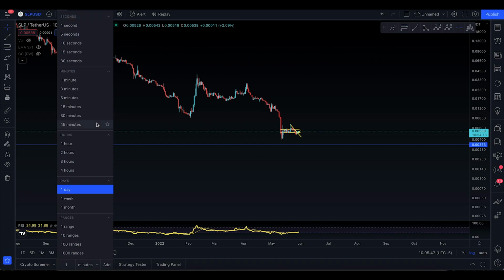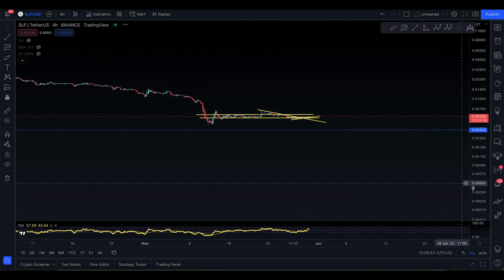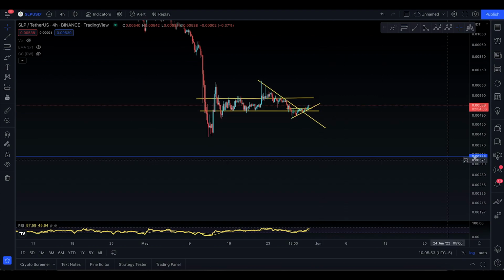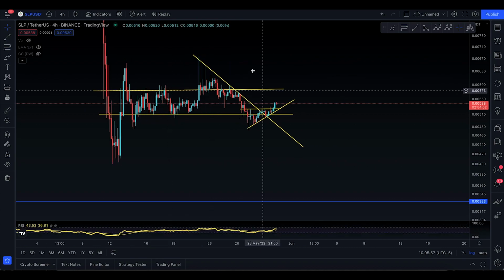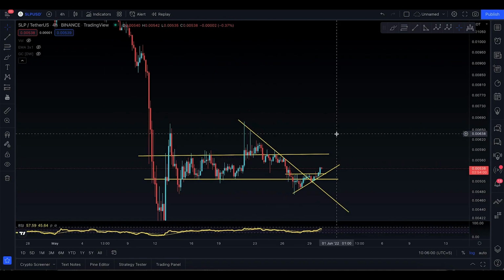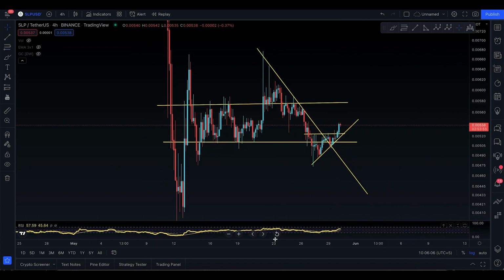Right now, yesterday I talked about how SLP was breaking the resistance and looking to make its move to the upside. So in the next few days, you might see a huge rally and some huge pumps for SLP to go to the upside. The nearest target that I'm expecting for SLP is up here at 577, as I spoke about in yesterday's